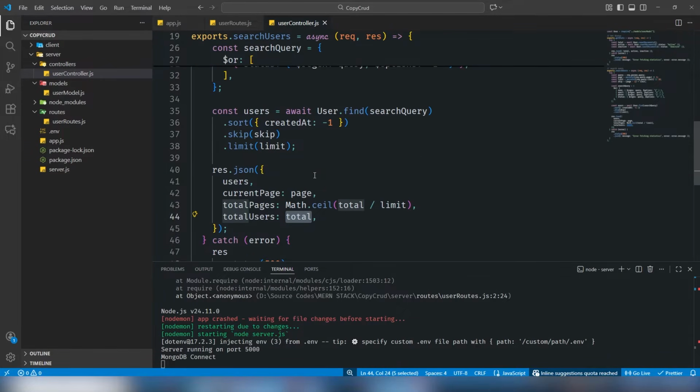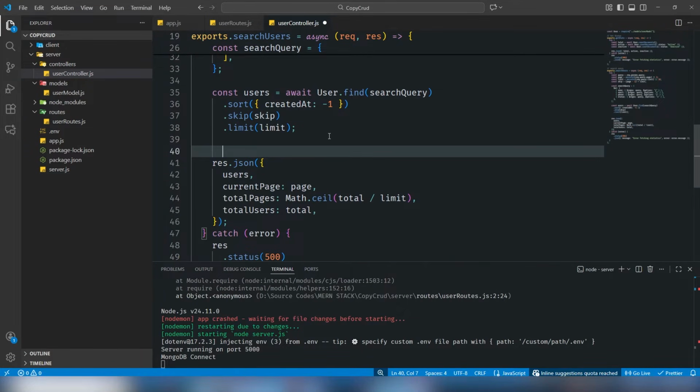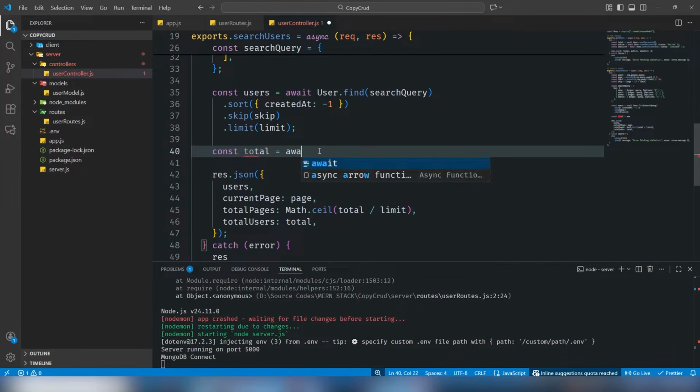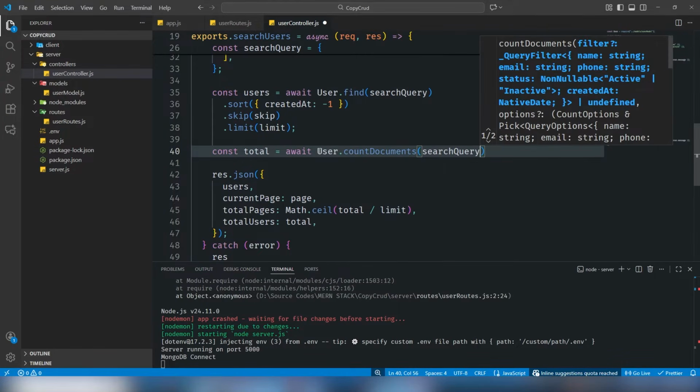Okay guys, here's another thing we should use. I use the total users, but this is a variable we need to use: total users, await User.countDocuments and pass in the search query. Okay,